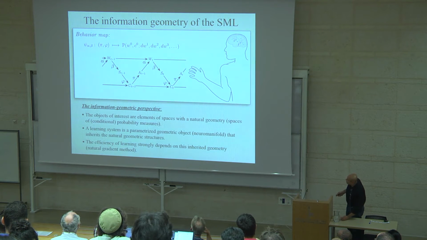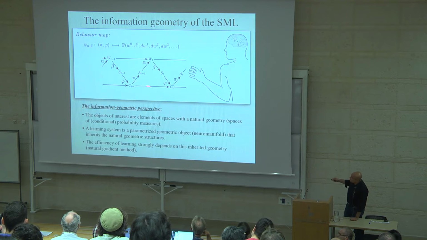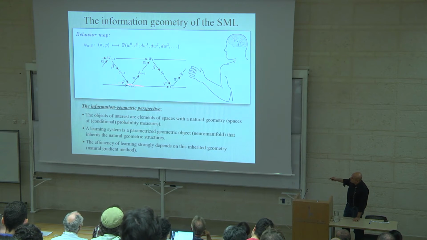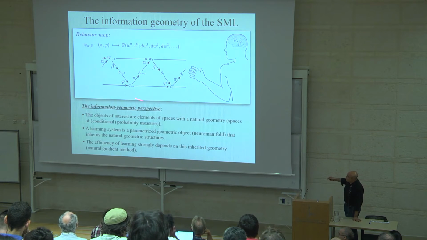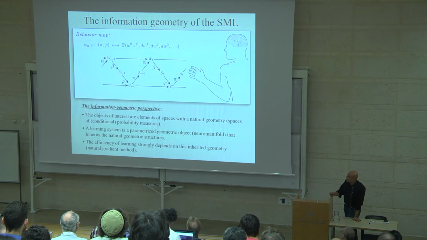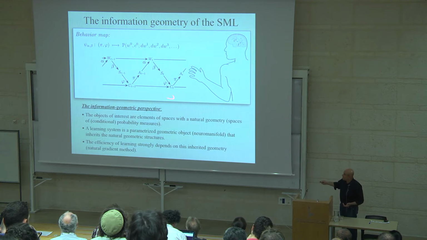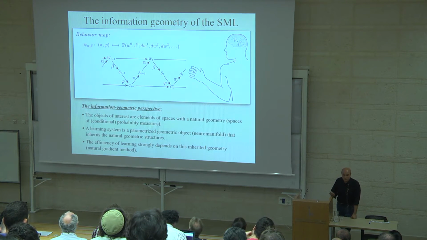So as Tali already nicely explained in his introductory lecture, the Sensorimotor loop basically describes the causal interaction of the world with the agent. This C stands for controller, so with the internal state of the agent, through sensing and acting. And that's what we call the causal diagram of the Sensorimotor loop. But the causal diagram is not just a diagram, it's a Bayesian network. It has a structural component, which is this one, and it also has a more quantitative component, which describes the mechanisms of the Sensorimotor loop.